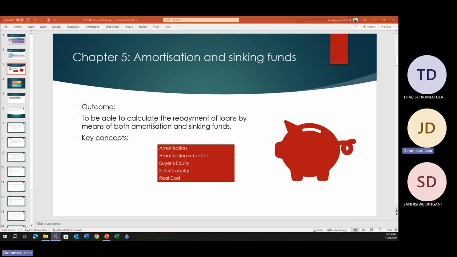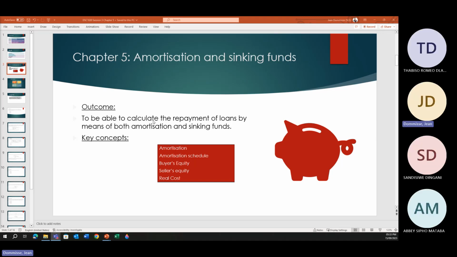Okay, so tonight basically we're going to start with amortization, sinking funds, and hopefully we will get into the cash flows as well. So firstly, amortization, and I think what is important in this aspect is we need to look at amortization